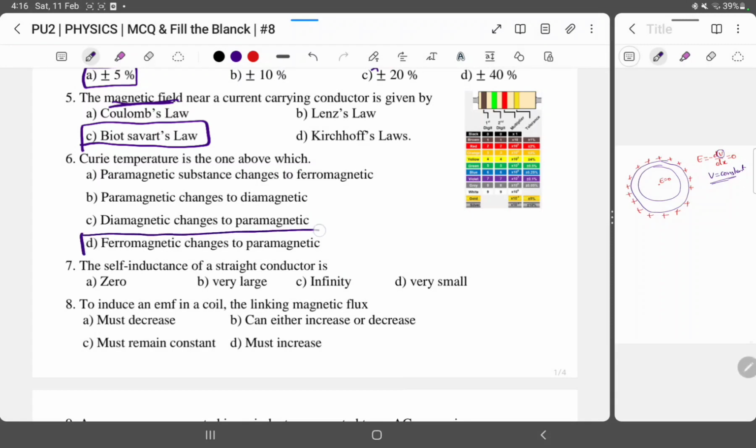So this is very important concept. What is Curie's law and what is Curie's temperature? Okay, so ferromagnetic material like iron, which is so sensitive to magnetic field, it will get attracted by magnet suddenly. But when you heat it to particular extent, and if it crosses the Curie temperature,